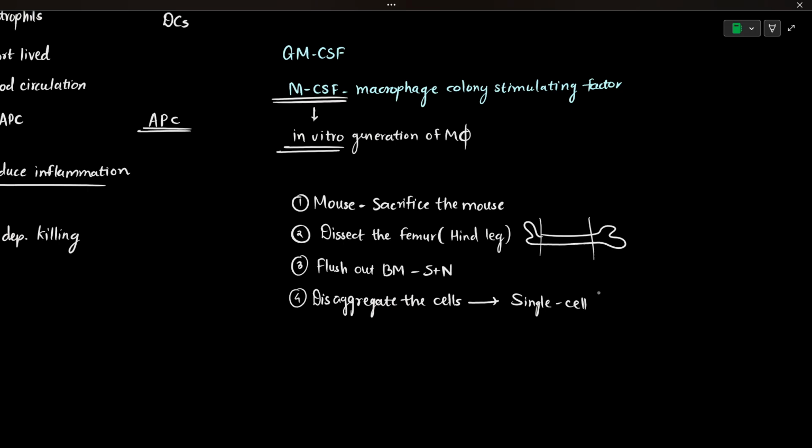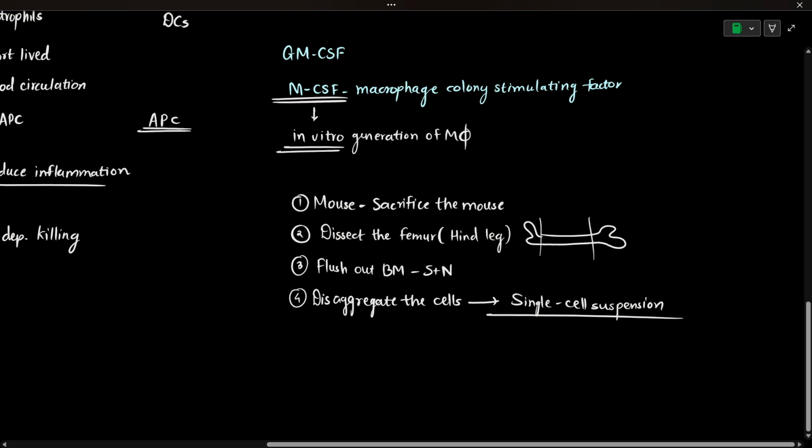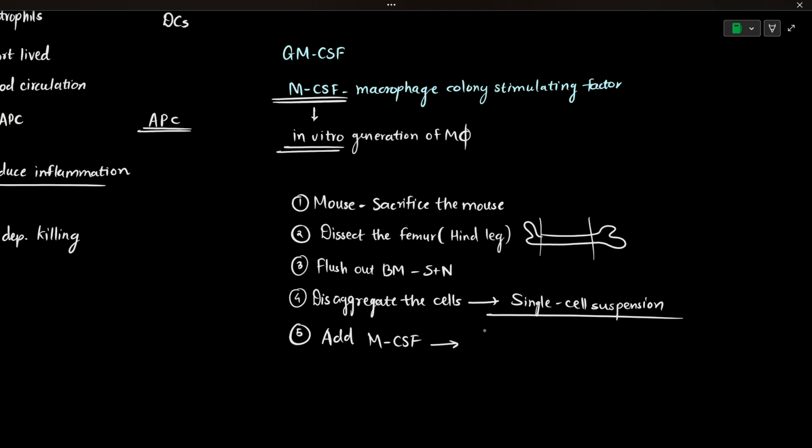suspension. We can also use a cell strainer for straining the cells, and all this is to ensure that we have a single cell suspension. Once we have the single cell suspension, we centrifuge it and resuspend it, and then we add those factors according to the need. When we add the macrophage colony stimulating factor, MCSF, we incubate